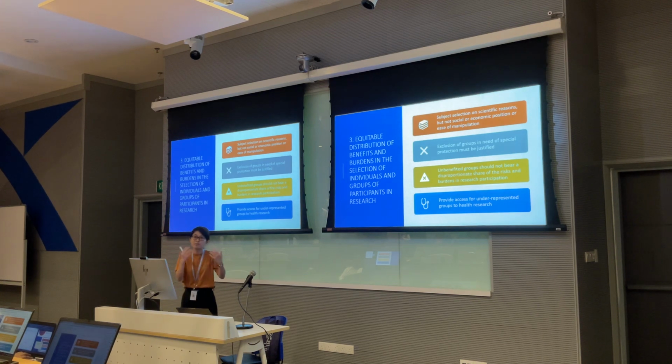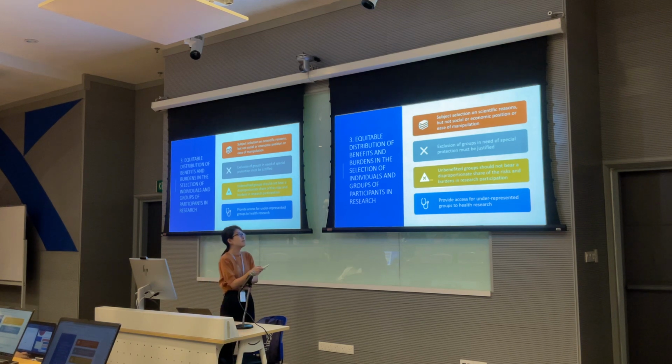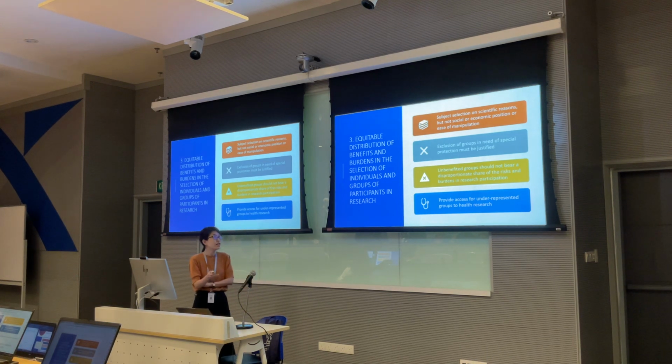After they have been successful in the adults, they will recruit the elderly, followed by children or pregnant women. So this one is the normal order. And the next one: the unbenefited group should not bear any risk or burden in the research. As I mentioned, if the children cannot really benefit from the research, okay, so if you